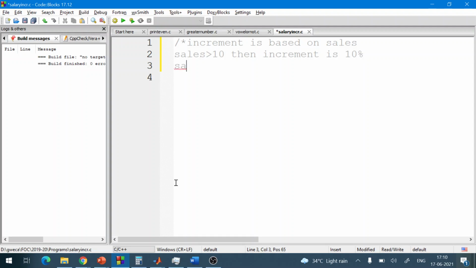And if sales is greater than 10 and less than 20, then increment is, suppose, 20%.